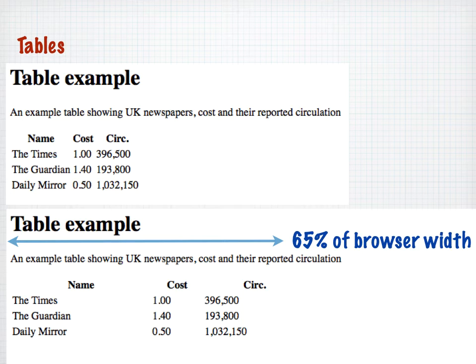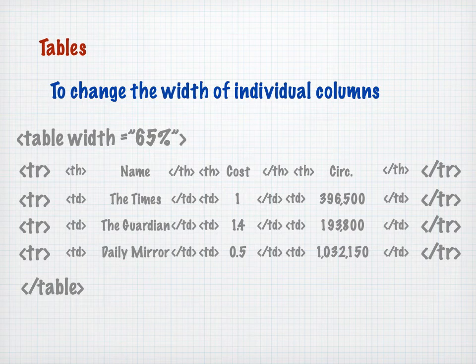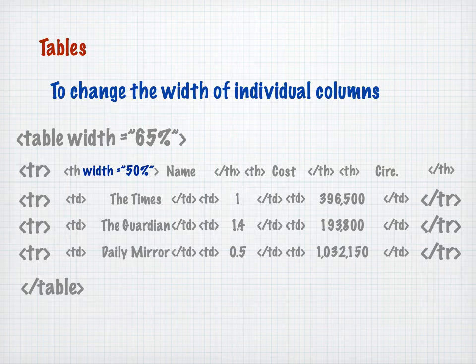Now that's the width of the whole table. What about changing the widths of individual columns? So you can see I've got table width equal to 65% at the top. That means this table will occupy 65% of the width of the browser window. Well, what we could do now is add widths in across the top in the first table row. And in that table row, the width will be applied down that whole column. So you can see I've got width equals 50%, and I could just go in and add in the widths across just like that. So that first column will have a width of 50%,